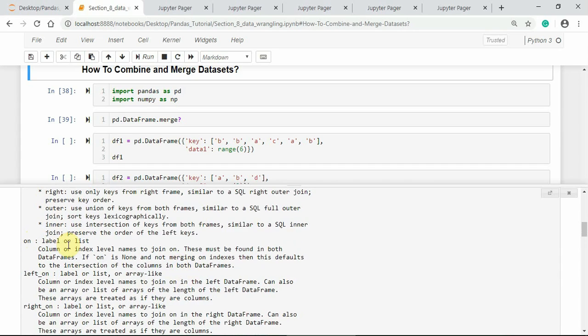On, label or list. Column or index level names to join on. These must be found in both the data frame objects. If on is none and not merging on indexes, then this defaults to the intersection of the columns in both data frames.